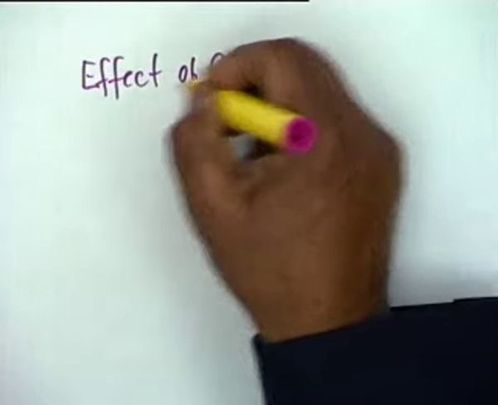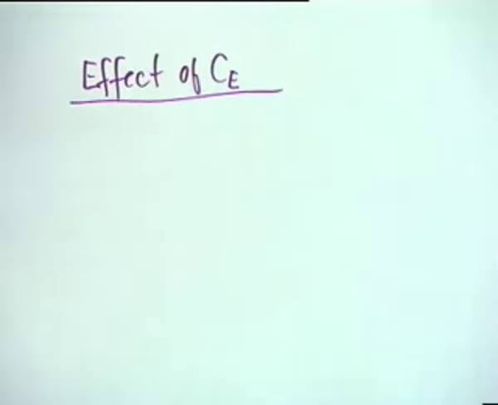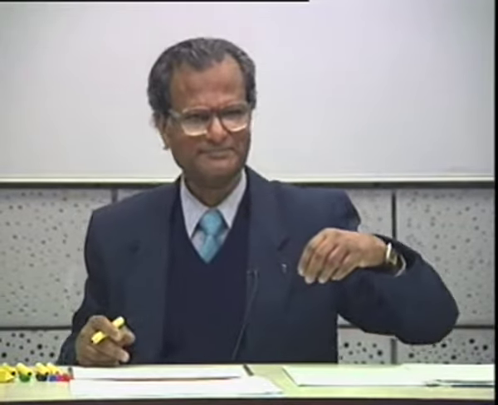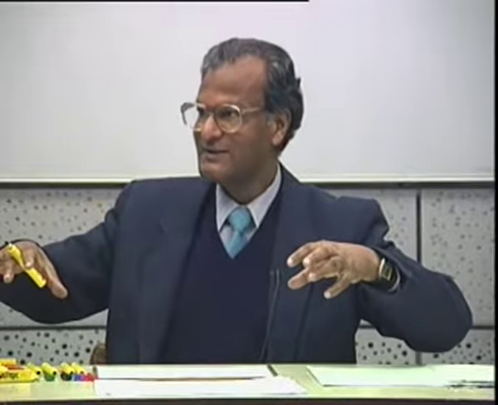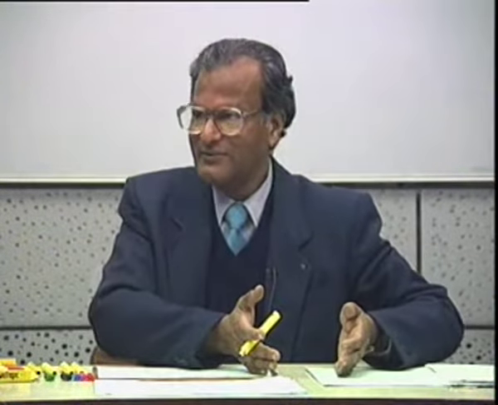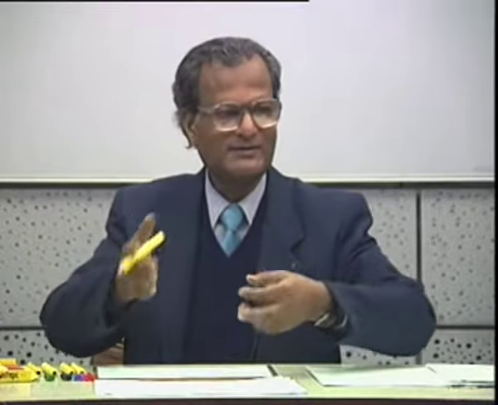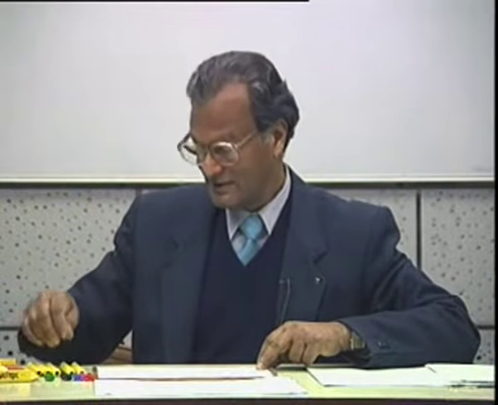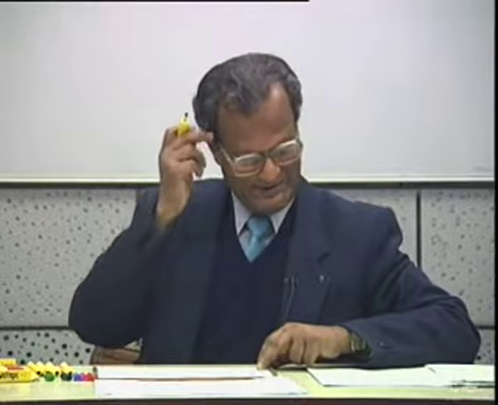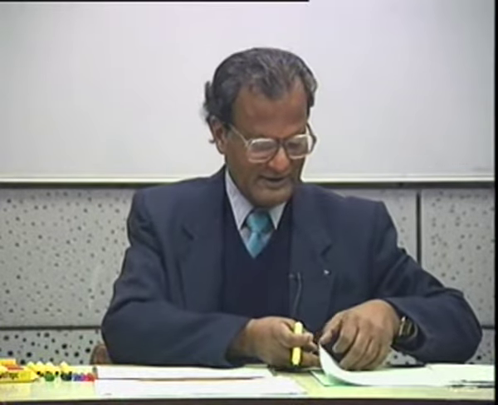Effect of CE. Actually carry it out and see that this is exact. Not the logic, the clue. The clue is that the input and the output circuits are isolated from each other. So they don't interact with each other. C1 does not affect C2, C2 does not affect C1. And therefore you can calculate the input cutoff frequency and output cutoff frequency independently, and this is the story. Alright, there is also an engineer's eye which has to detect that this is an exact expression. Okay. Now when we consider the effect of CE, we have a problem.